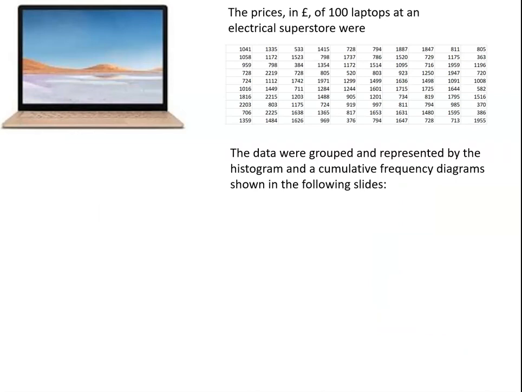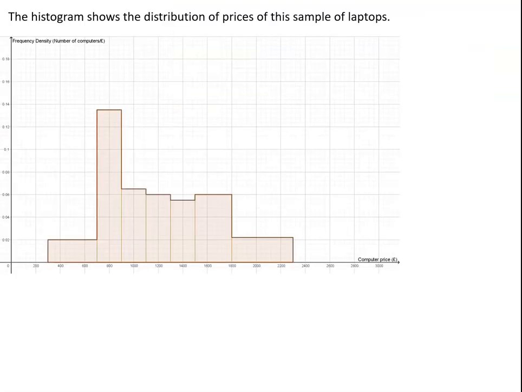So, let's just have a look at an example. Here we have the prices in pounds of 100 laptops at an electrical superstore. The data was then grouped and represented by a histogram and a cumulative frequency diagram, as we will see in the following slides. So here is the histogram,